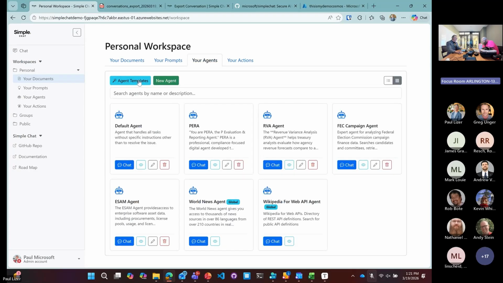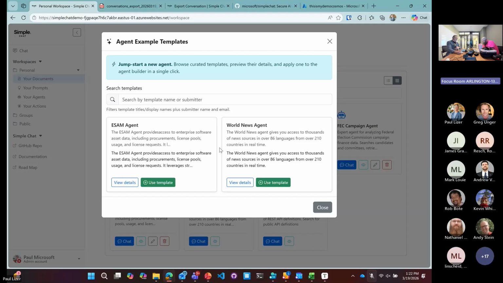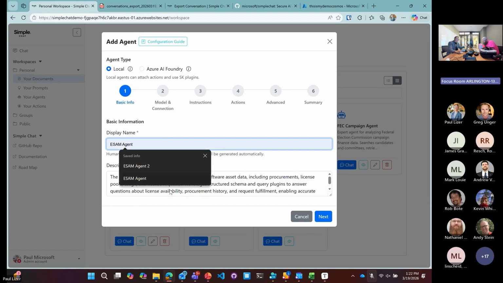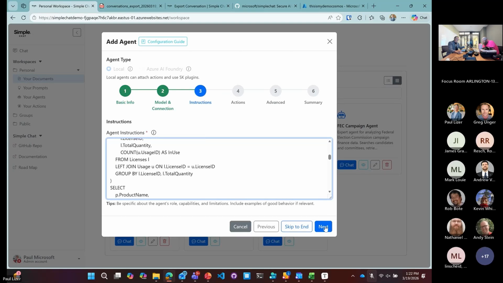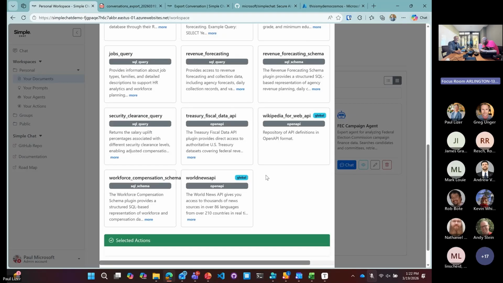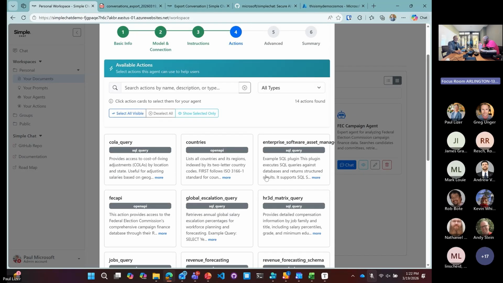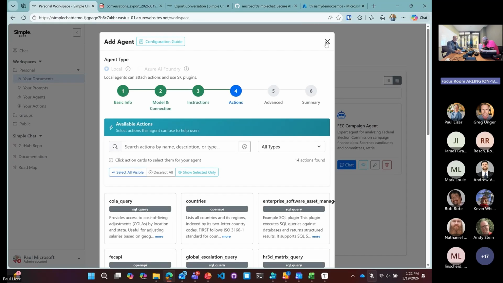We have agent templates, and this view has been updated as well. Users can create templates. Global admins can create templates. Users can submit their templates. When you use a template, it populates a name, a description, and the instructions. The user still has to select the action because they may need to create their own action, unless it's a global action, in which case it shows up. But if they want to connect to their own database using those same instructions or something similar, now they can connect to that database with their permissions, and now they have that agent.